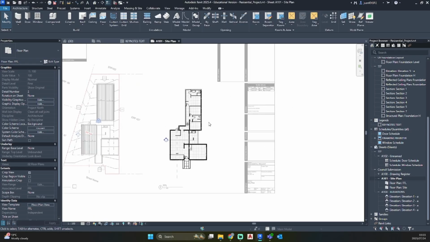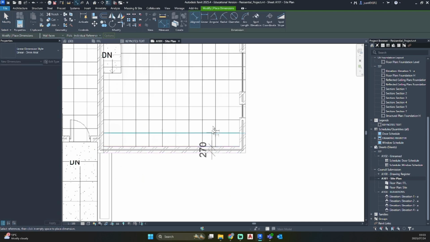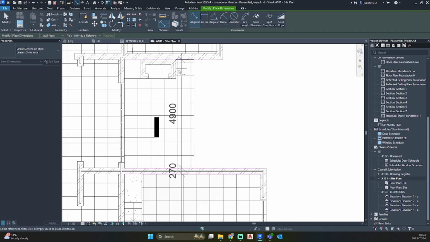So to add dimensions, I'm going to go DI and I'm just going to select my walls.